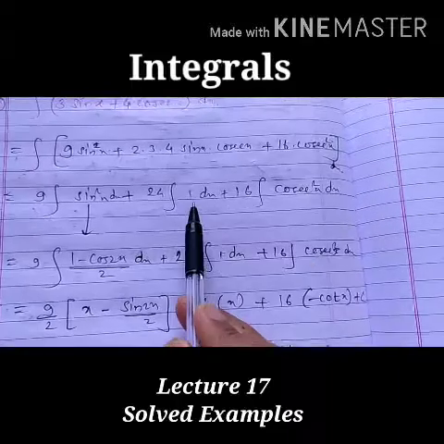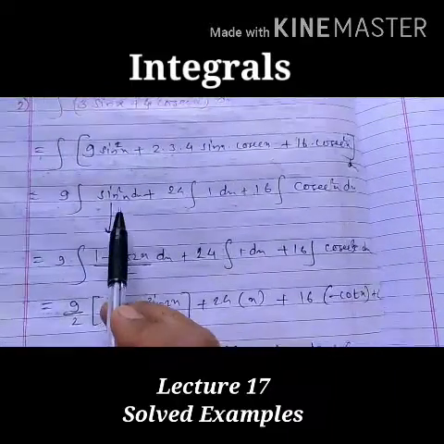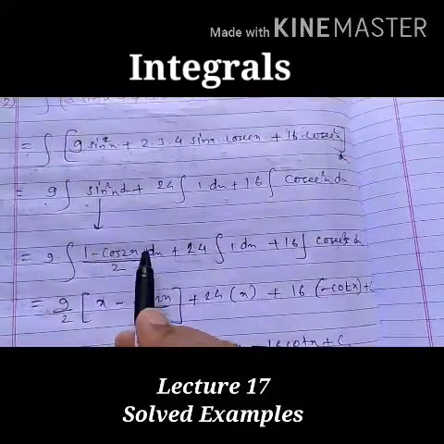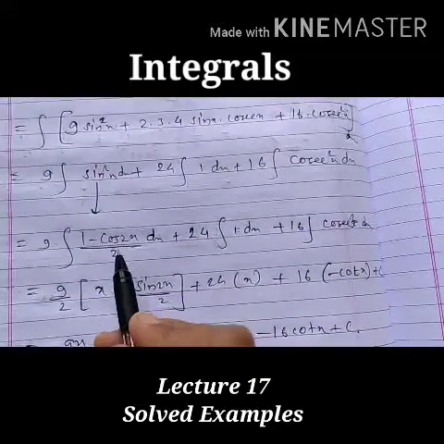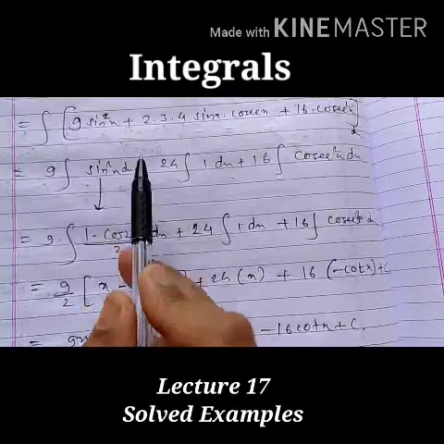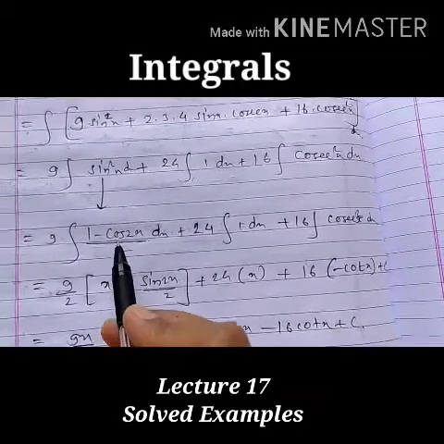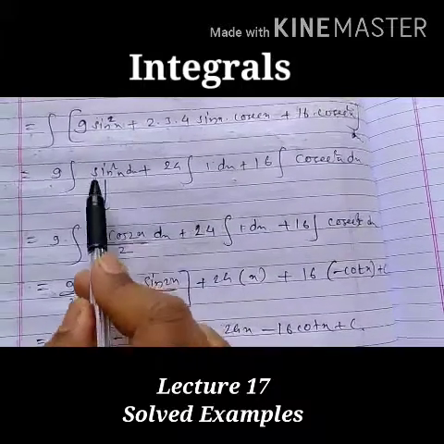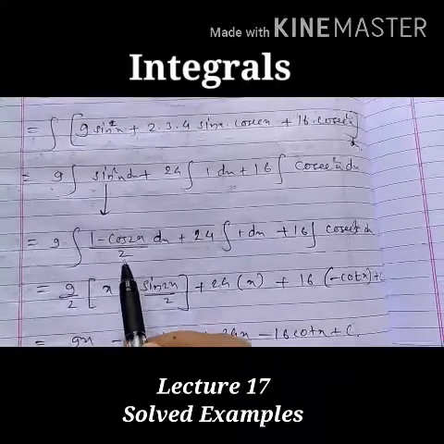Okay, now we can find the integration of this and this easily, but we don't know the integration of sin square x, so we'll convert this in the form of linear form of cos, that is we'll use the double angle formulae for cos. Now we can directly write sin square x as 1 minus cos 2x upon 2, because we know that cos 2 theta is 1 minus 2 sin square theta, and if cos square theta is there, that time we can use 1 plus cos 2 theta upon 2.